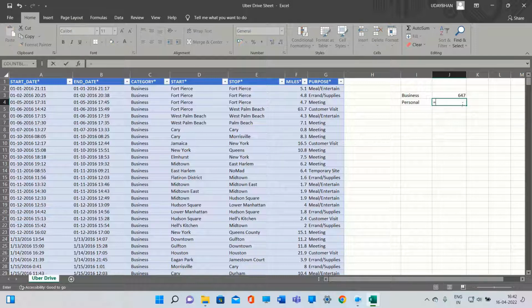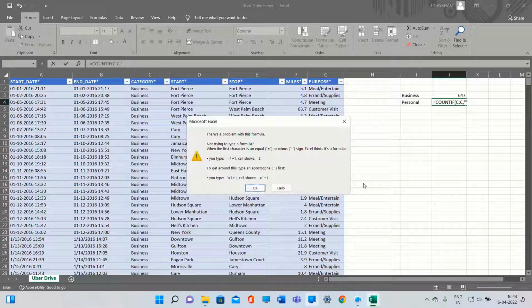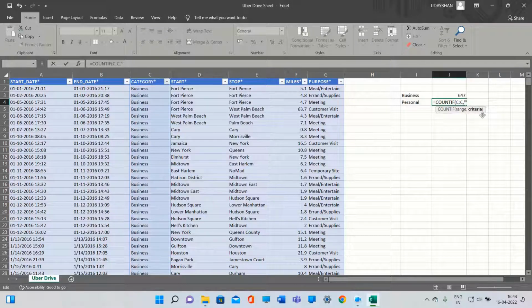And then for personal, equal to COUNTIF, again we select the category header, then write the criteria, which is personal. We click OK.